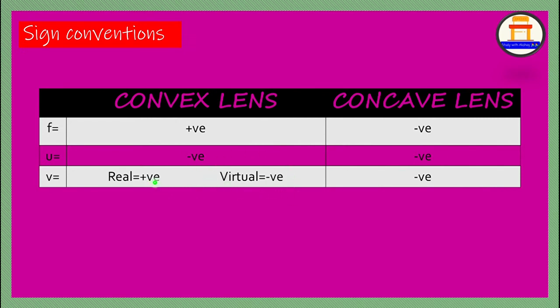Other than that, all others are real image, right? So most of the cases for a convex lens will be a real image. Whenever they say it's a convex lens, keep in mind, remove virtual image. Just real image should be kept in mind. So using that concept, we can solve the coming up questions as well, which are given in the exercise. Right. Next, lens formula.